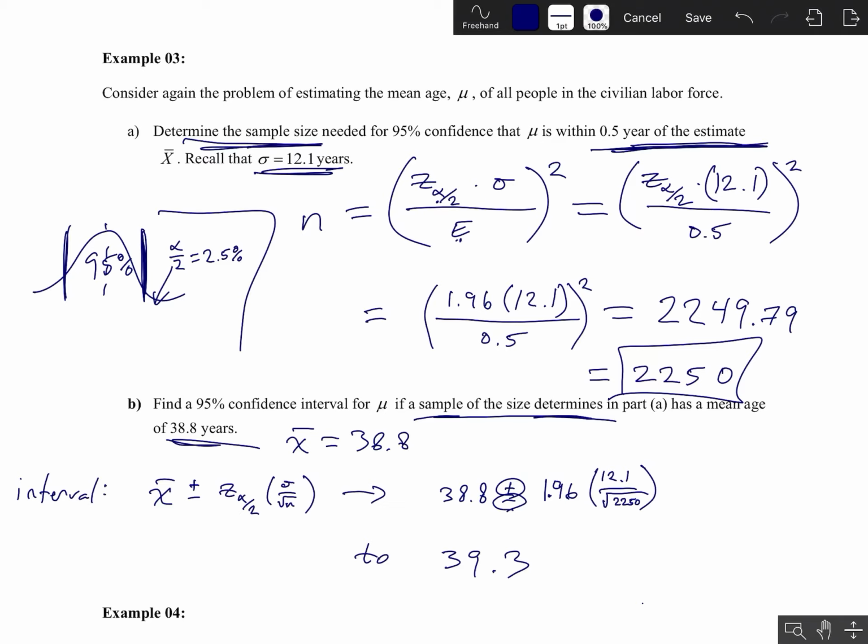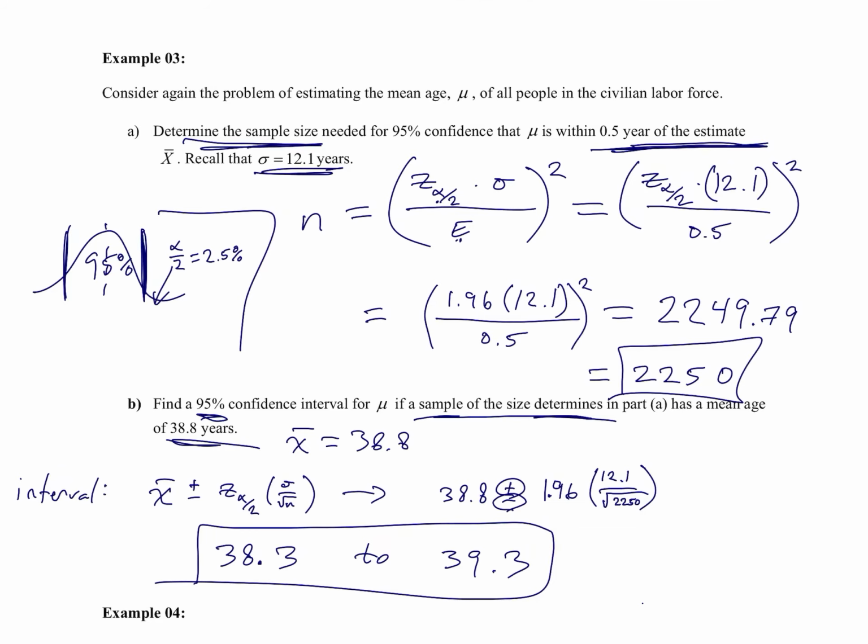And if you do the subtraction instead, so if you put a minus sign between those two terms, then you'll get 38.3. And what we know is that there's a 95% chance that the actual population mean will live between those two numbers. Okay, so this is sort of the general procedure that we're going to use in order to determine these